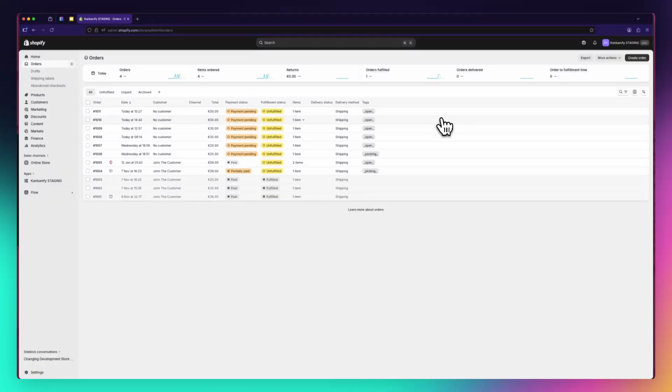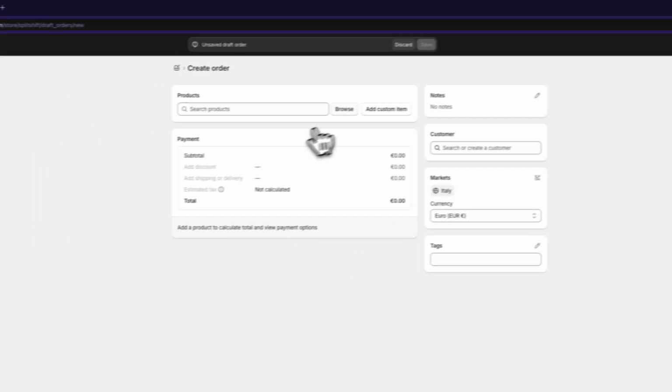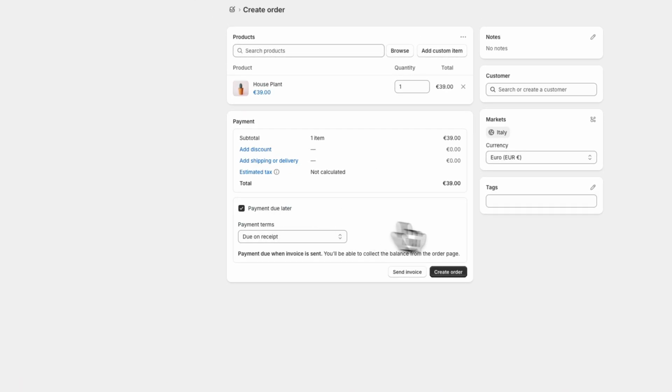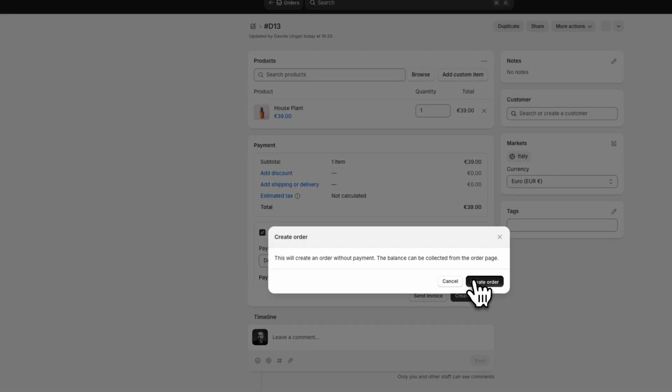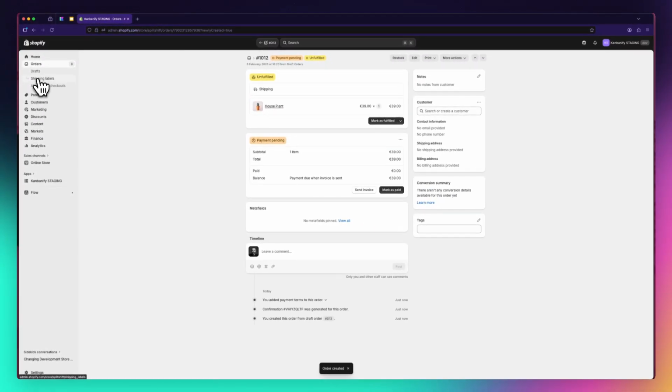Now if you want to see what happens, when you move orders, they change the state in the Kanban board, but also the tag here. And then here we can create a new order to see what happens once a new order gets created. A house plant, add, create order. The order creation will take a minute to be processed by